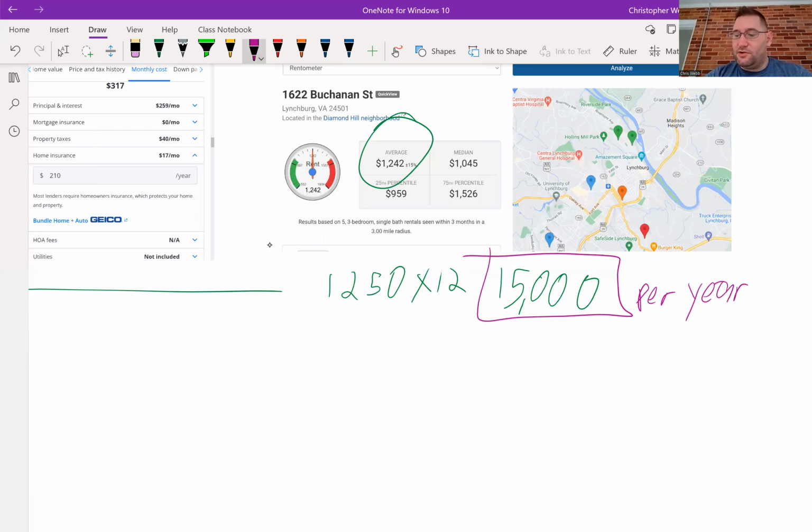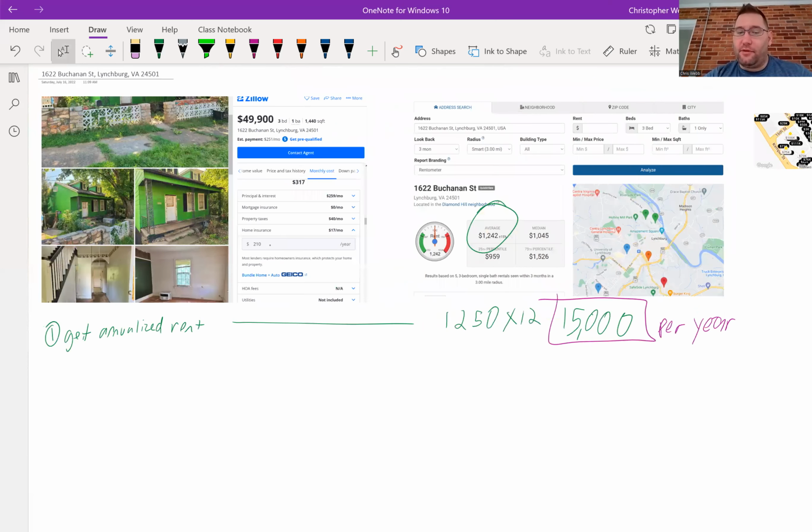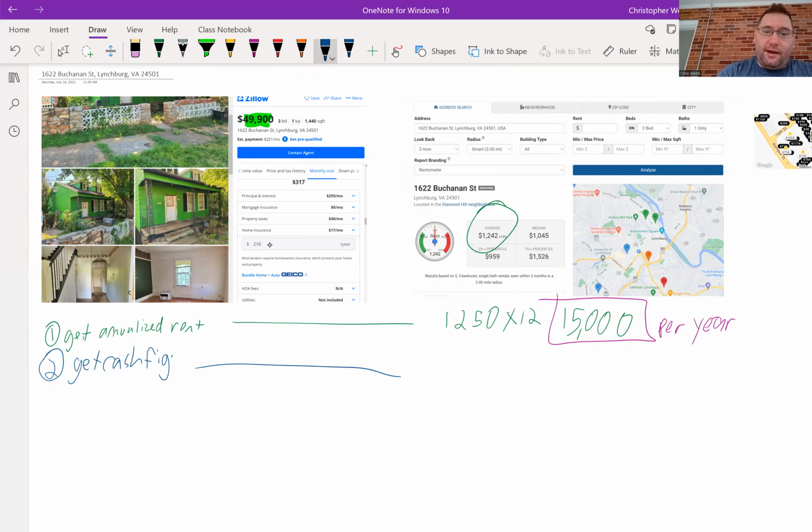So the next thing I'm going to do is get a cash figure. And what I mean by cash is, what is the cash figure all in for the property? So in this one, we are going to round up just briefly because I'm going to highlight the price here. It's $49,900. I'm going to round that up to $50,000. So number two, get cash figure. And then what I have here is the $49,900. We're going to call it 50K